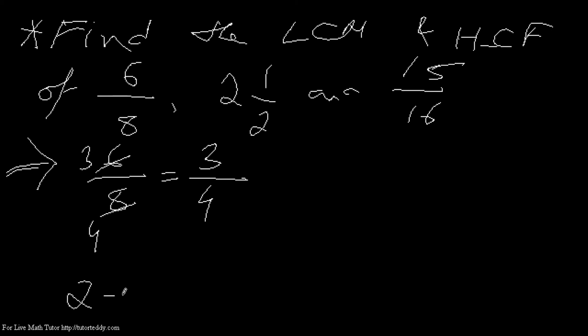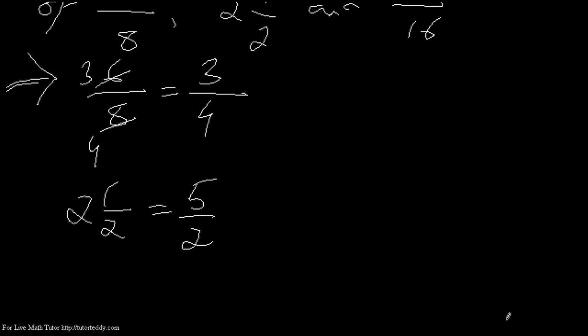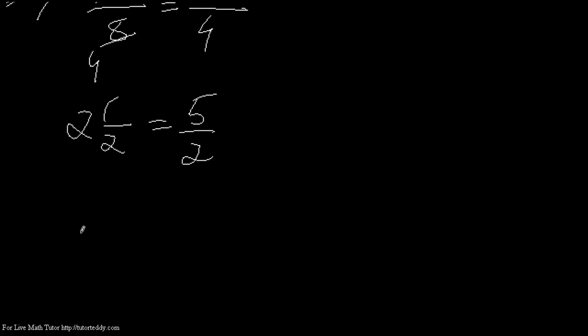Second number, 2 and a half. This is a mixed number. Let me change it into an improper fraction. 2 twos are 4 plus 1, 5 by 2. And the third number is 15 by 16. That remains as it is because this can't be reduced any further. Okay. Now